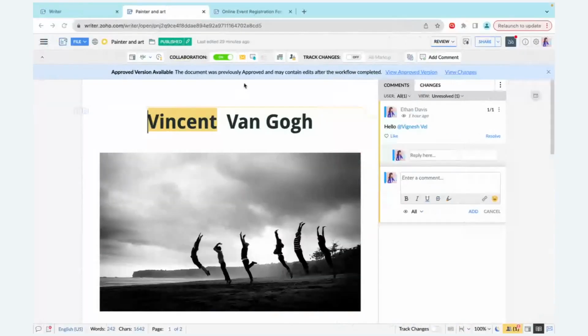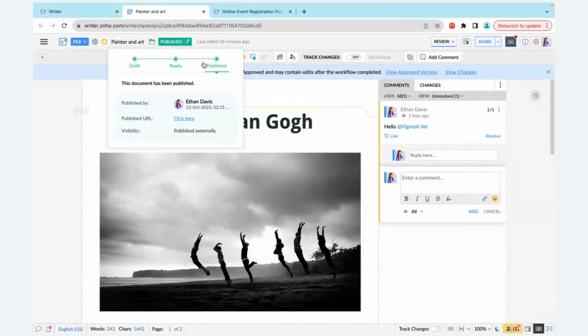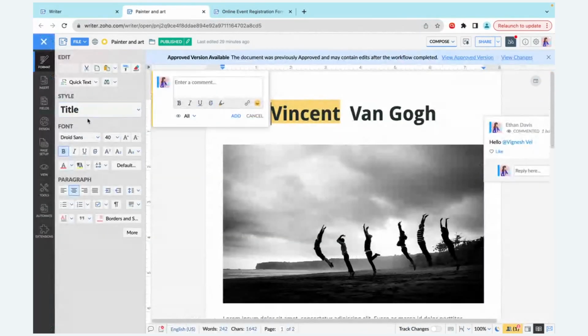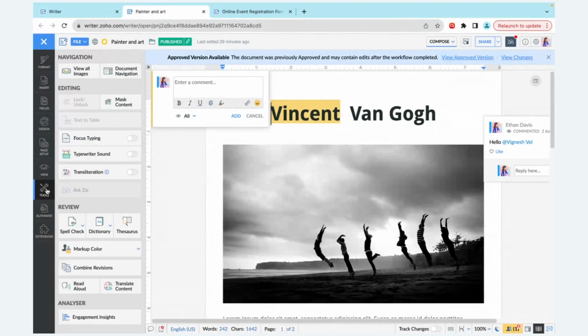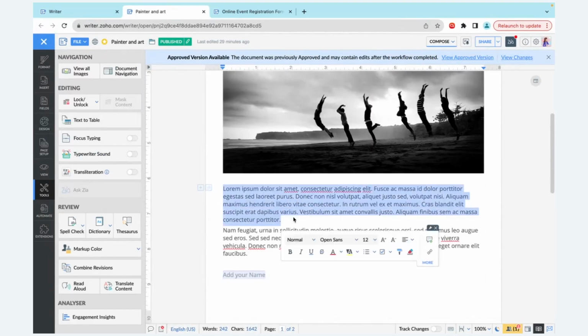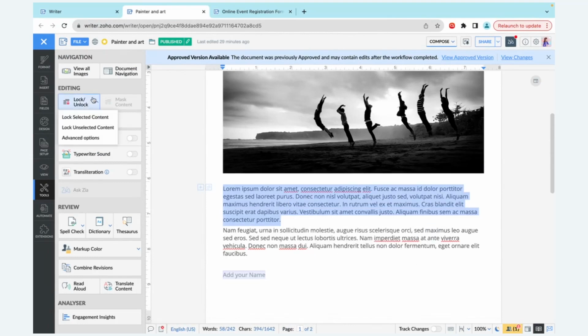So let me just quickly jump into the document and show you how it works. So when you click on the hamburger icon, you can just go to the Tools tab, and you can select the content that needs to be locked. And once the content is selected, you will have the lock icon enabled. So you can select the lock option. And not only this, you also have advanced options where